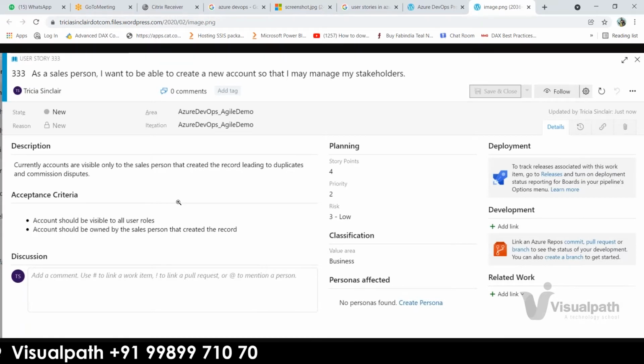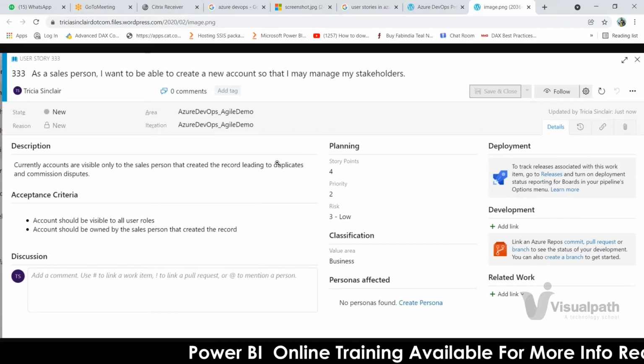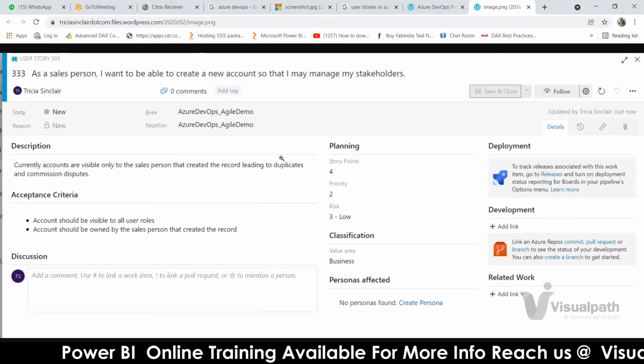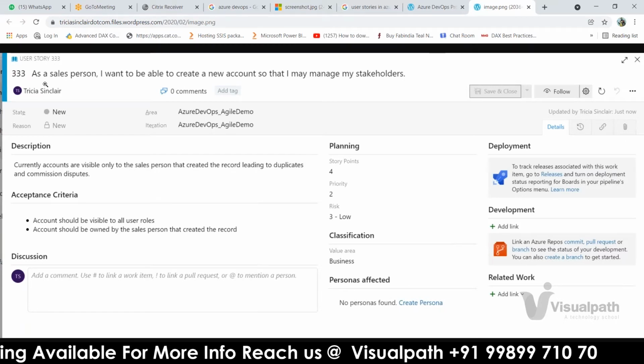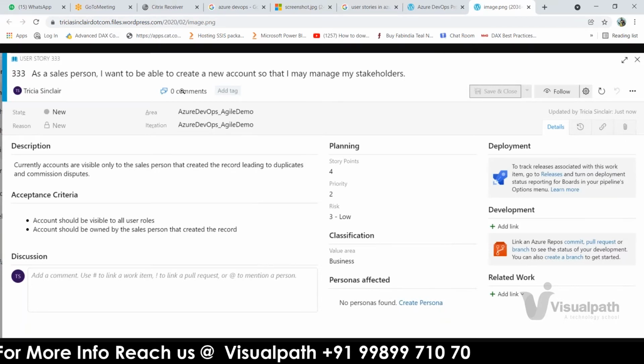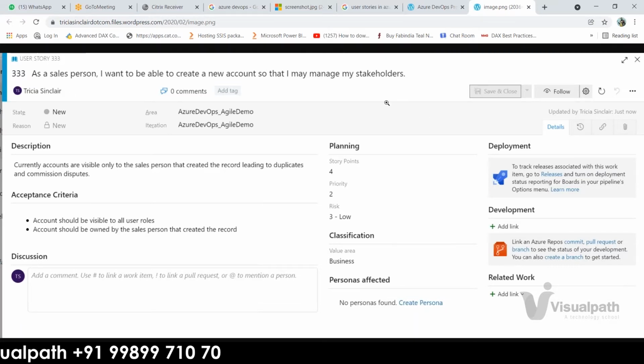Once you feel like, yes, you're good to develop the user story, you'll start working on it. And once you start working on it, every day you have to update your DevOps. For example, you'll mention how many hours it will take to finish this user story. Let's say it will take 32 hours, and today you have worked for 8 hours.